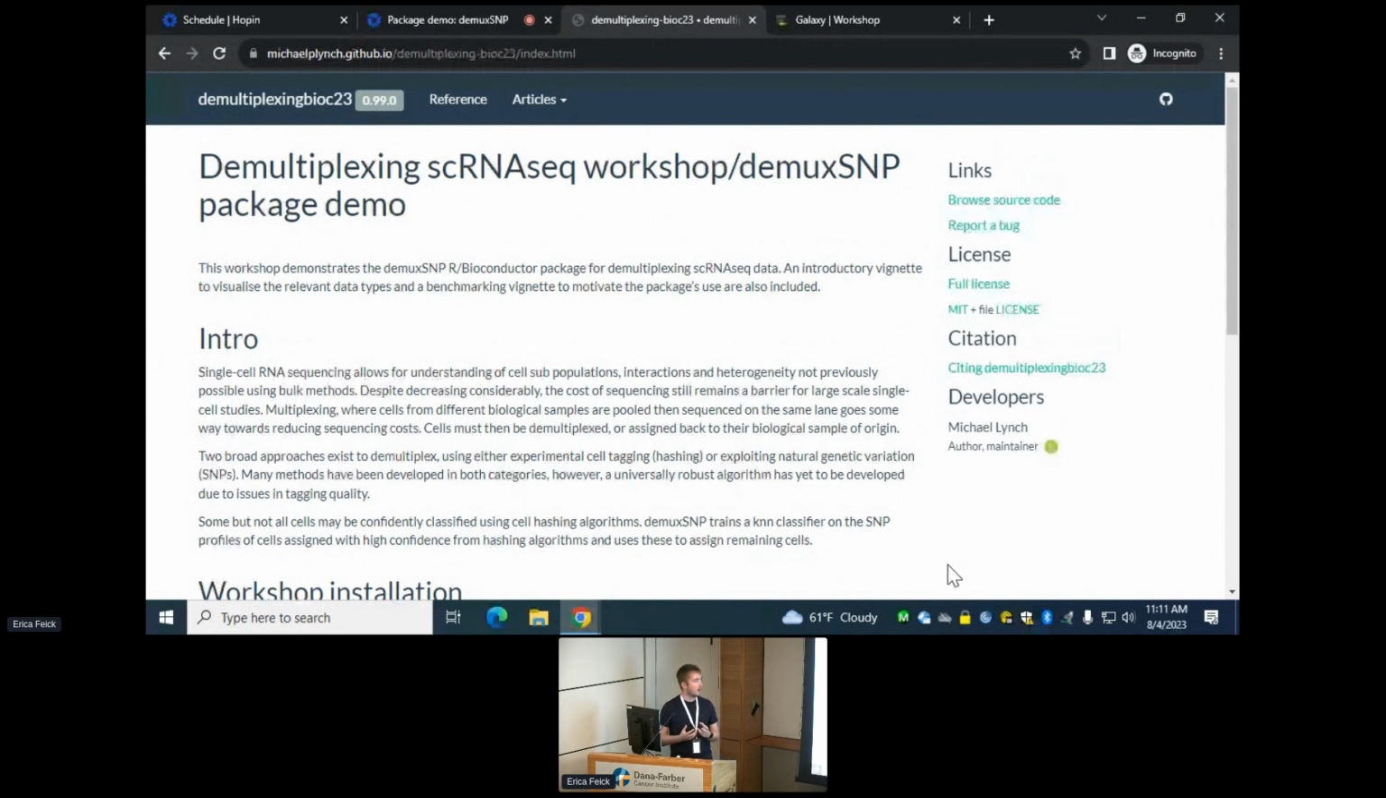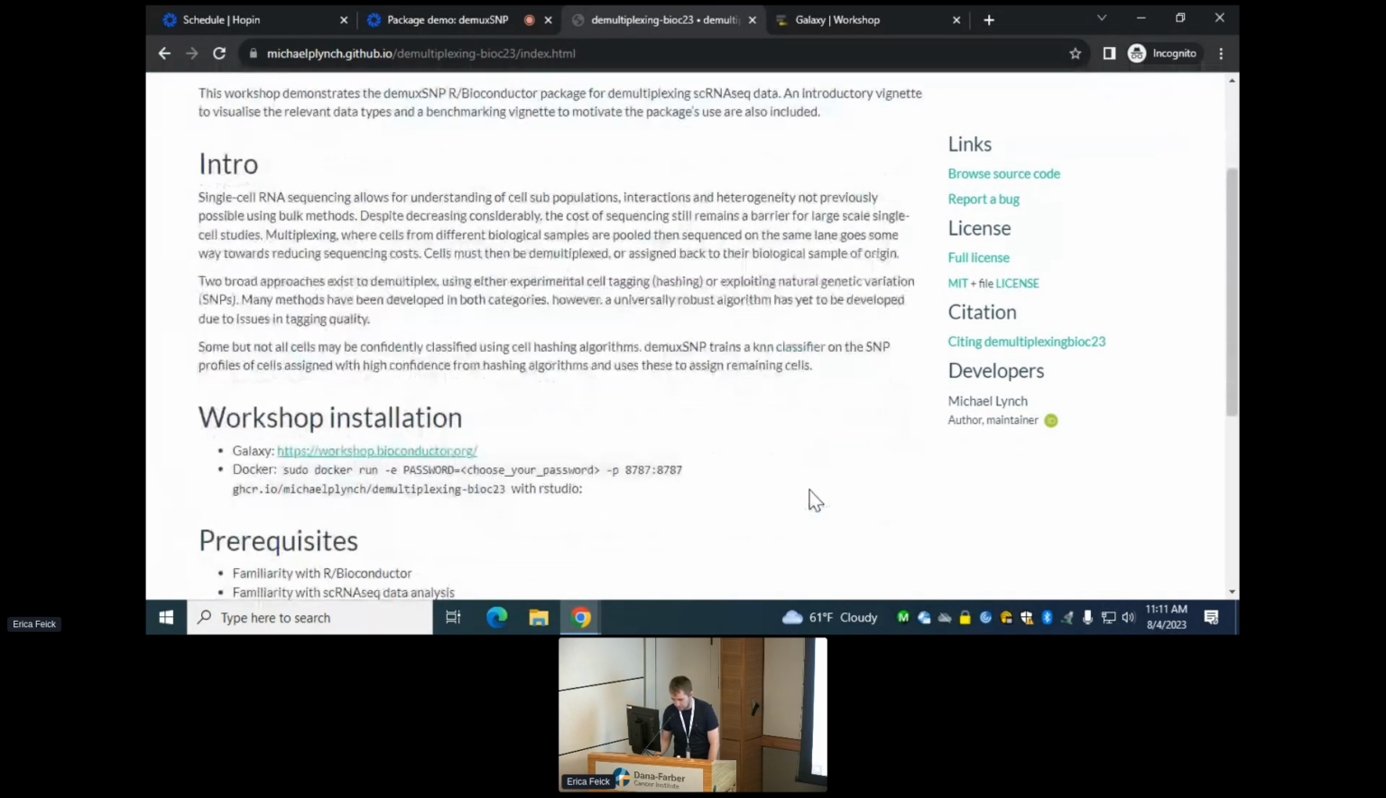I'll be presenting demuxSNP. And what does it do? It's for supervised demultiplexing of single cell RNA sequencing. It will use both the cell hashing data and SNPs. So, in terms of what we'll go through today,